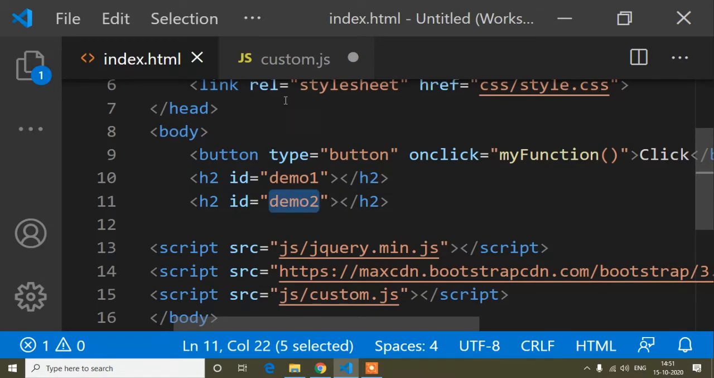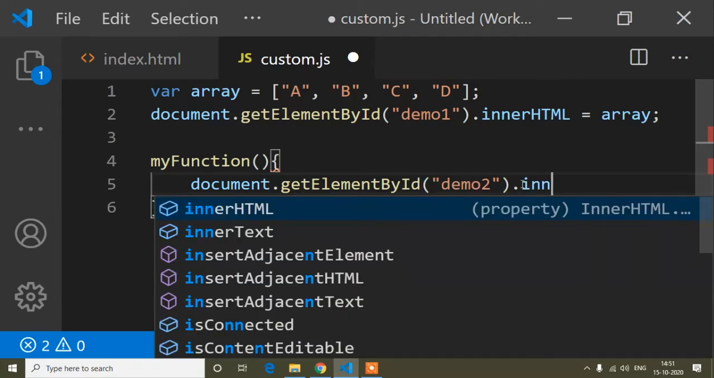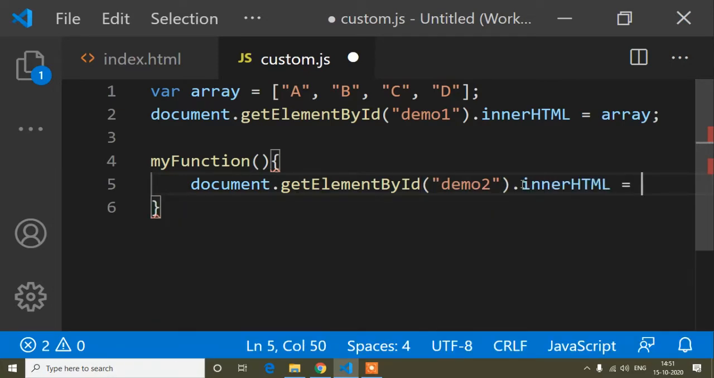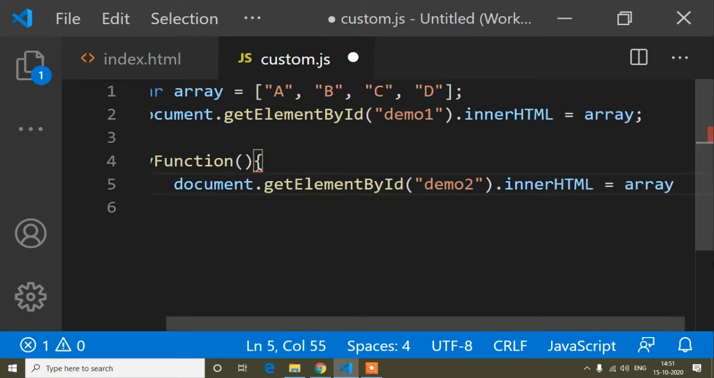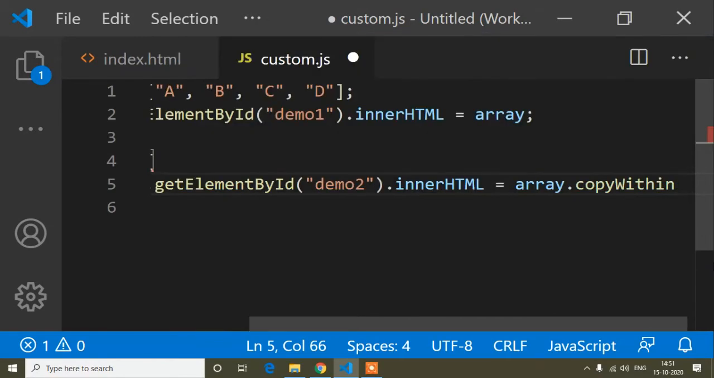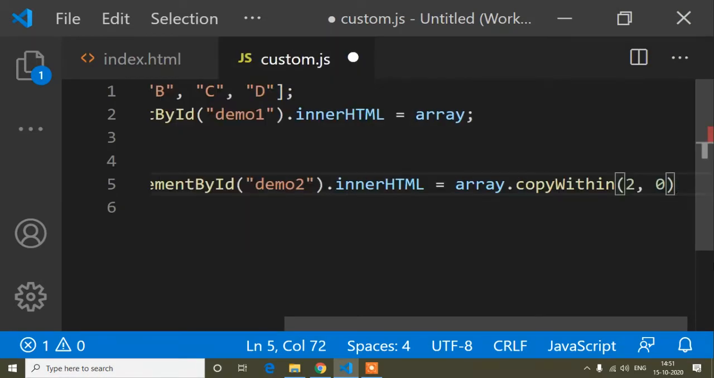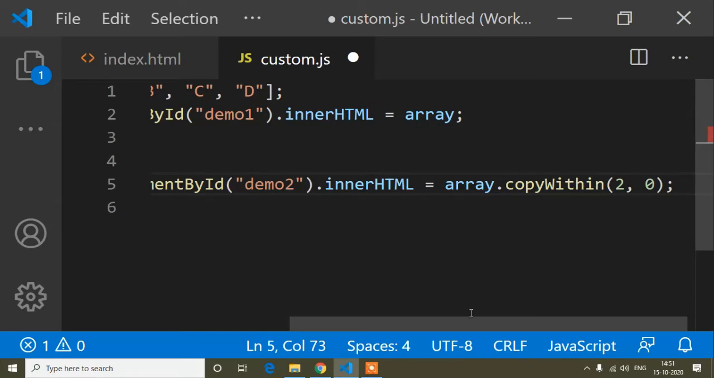So demo2, and inside this demo2 dot innerHTML, and here I will use the copyWithin method. So I will use the copyWithin method on this array. So this array dot copyWithin, this is the copyWithin method, and parenthesis, and first of all here I will write 2 comma 0. So why 2 comma 0? So I will explain it later. So first of all I will write here 2 comma 0,